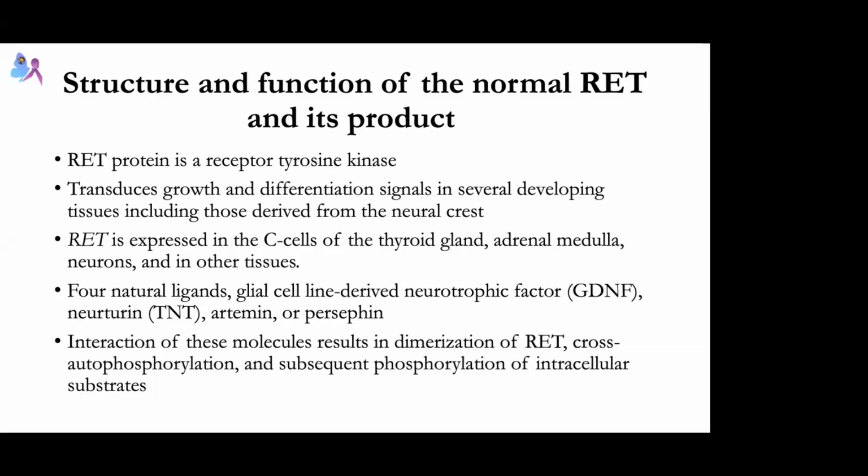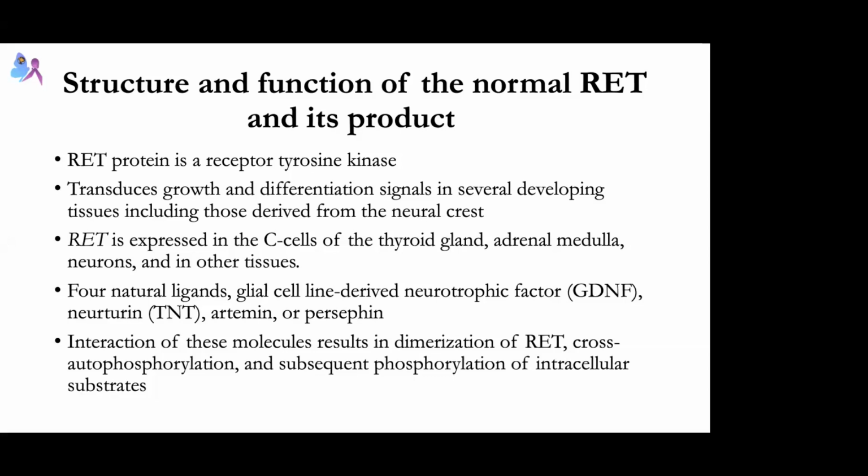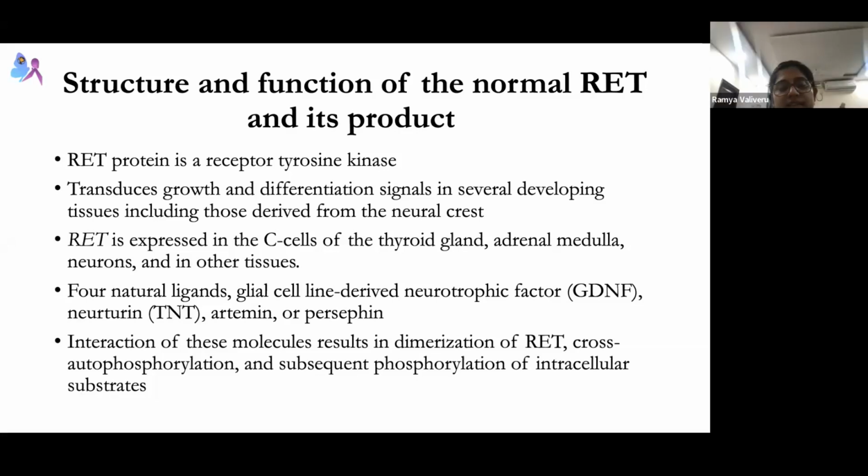What is inherited, what is familial? Are they the same? In the sense of the usage I'm using here, they are the same. If you really go into details, to talk genetics, inherited is different from familial. There could be familial diseases which are not inherited also. So all familial diseases need not be inherited, but in case of MEN,